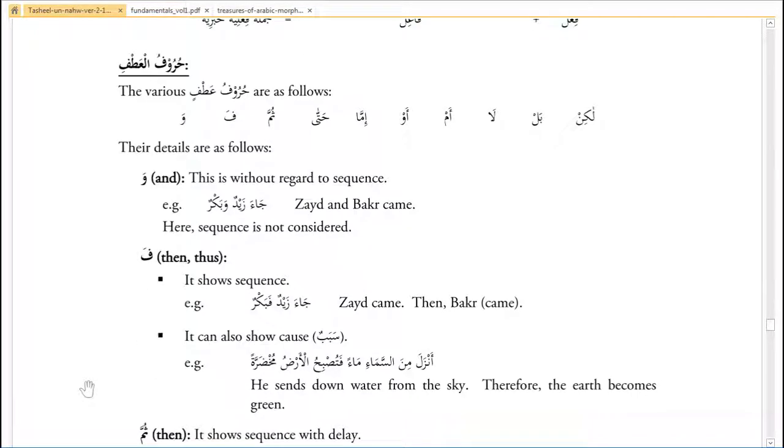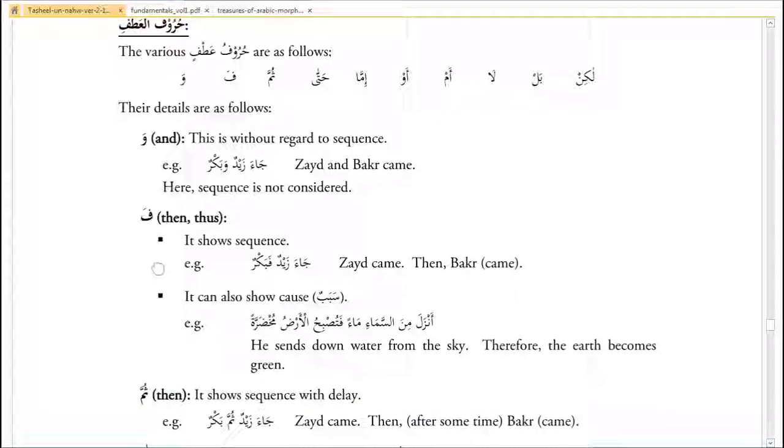And the second one is fa. And the meaning of fa is then or thus. For example, جاء زيد فبكر. Here if we see fa, this is حرف عطف. جاء زيد فبكر. Zaid came, then Bakr came. So Zaid came, then Bakr came. And the second, it can be used for